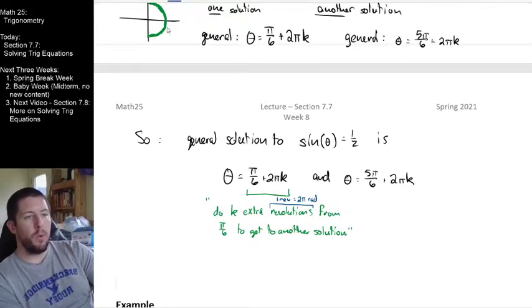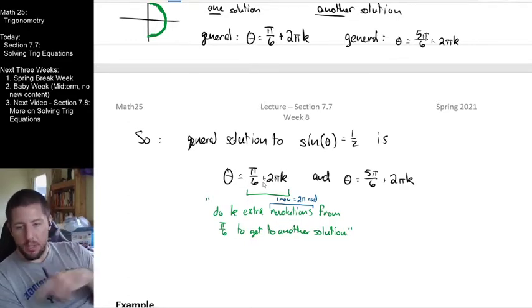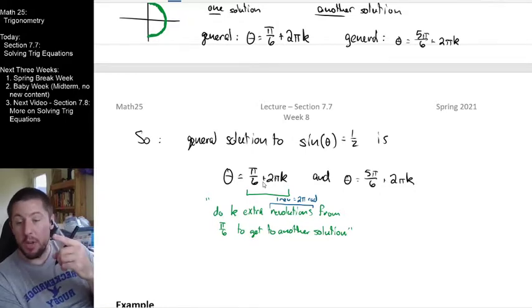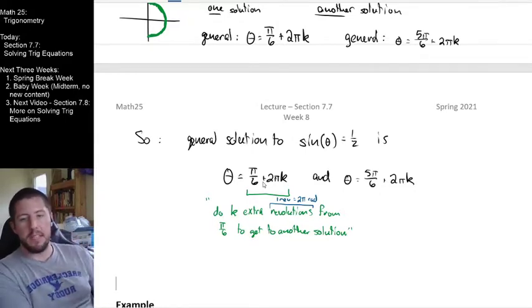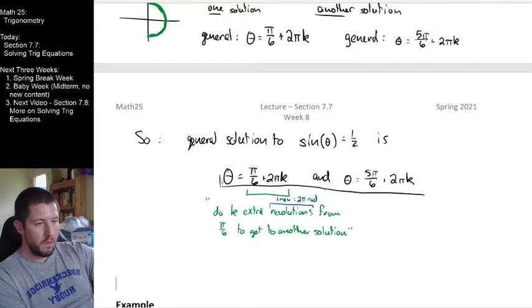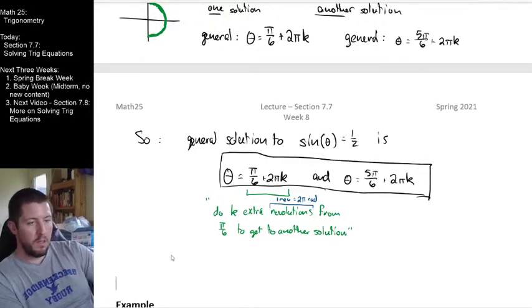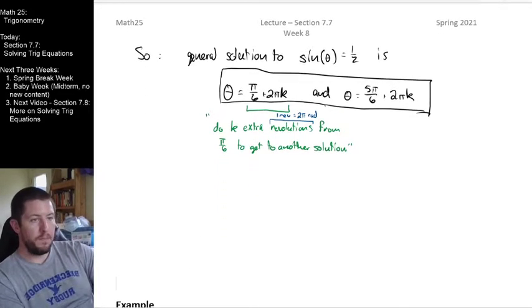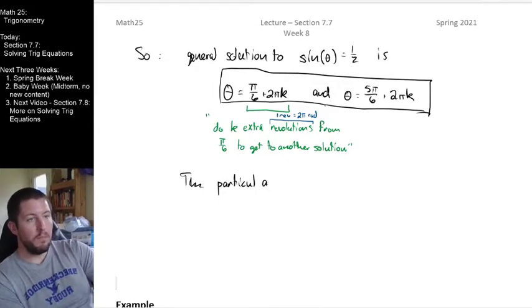Right? So that's what we mean when we're writing that expression there. Saying starting from pi sixth, you can do any number of 2 pi additional amounts of rotation, and that will just keep on landing you back at that location that is equivalent to pi sixth in terms of the sine function right there. So that's what we mean. So this is our general solution right here. And then I want to say also the particular solution. Particular solutions